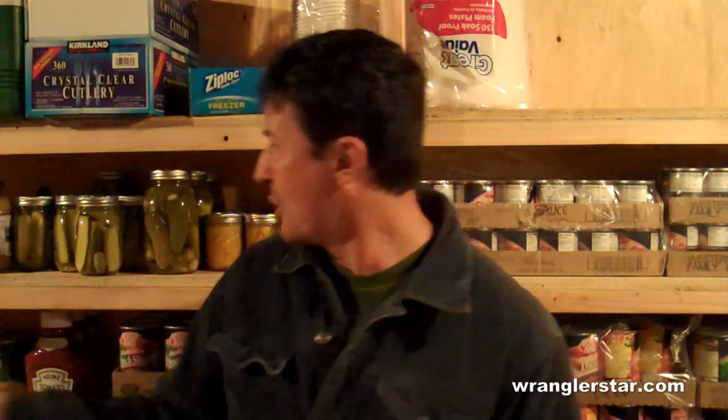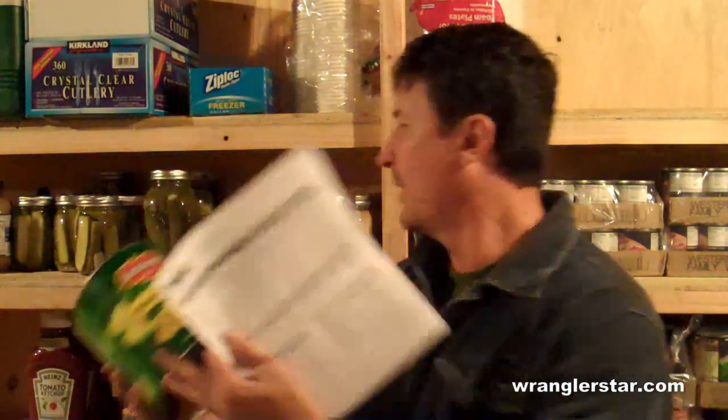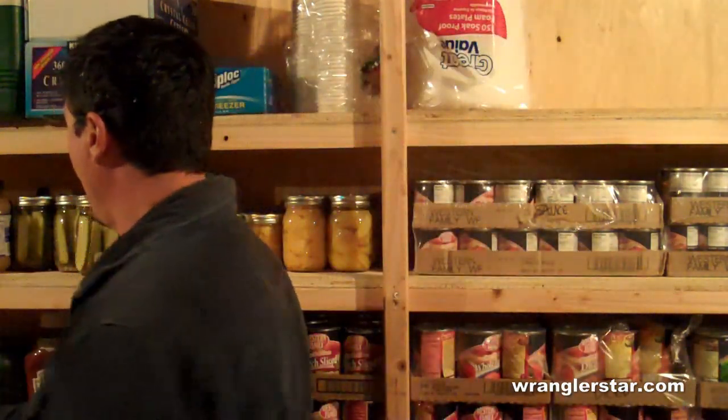food for almost 50% less of what you could get it for at Costco. Now that's after you have to buy the food grade bucket and all of those other things and do it yourself. The nice thing about the cannery is when you leave there, you have either stuff stored in Mylar bags or in the number 10 cans, which are the big ones, that you can store for 30 years and you're done with it. It's a lot nicer to have your food in these smaller quantity cans rather than the big